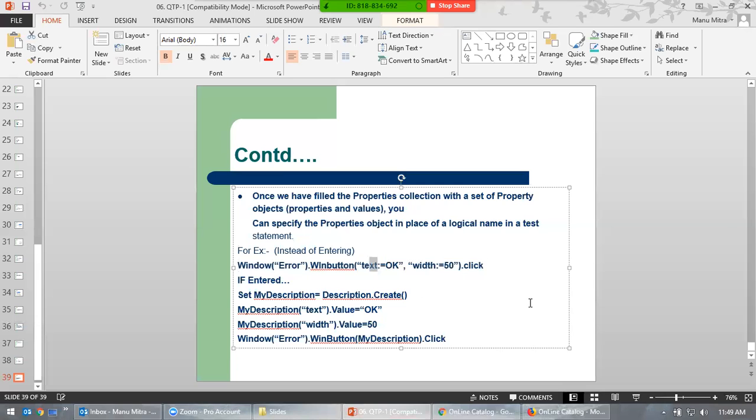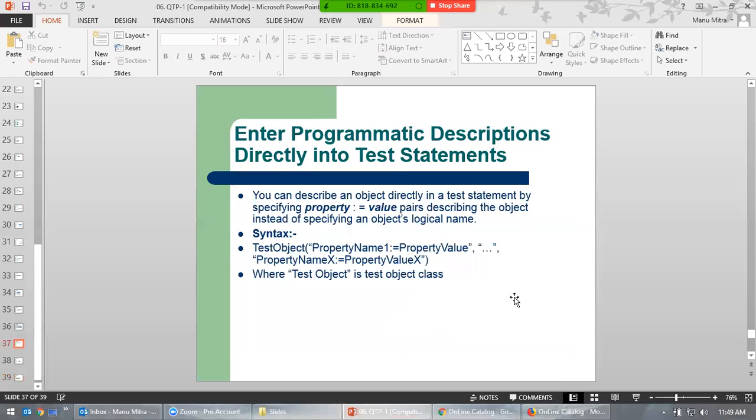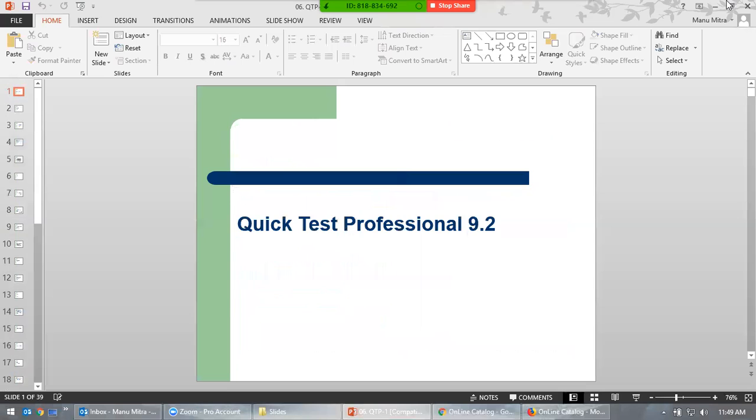Okay, this is an example for UFT. And in a similar way,